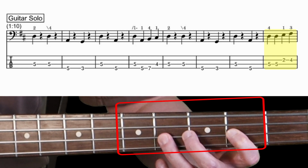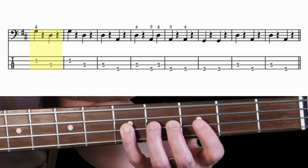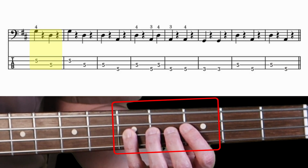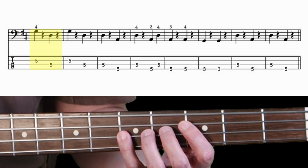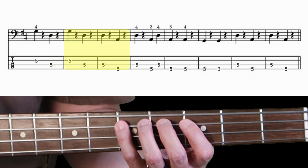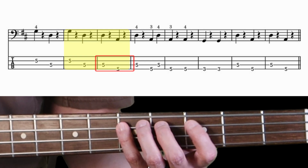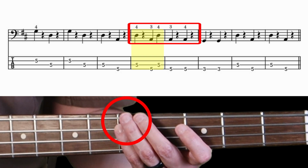for my 2nd fret and my 4th fret on the D string. Then close off that 4th finger, bring myself back into a closed position for the G, the 5th fret on my D string. And now we're doing the same thing we've been doing most of this song, just 1 string up. And then we have 5 and 5, and then 4, 3, 4 for that side by side, and then